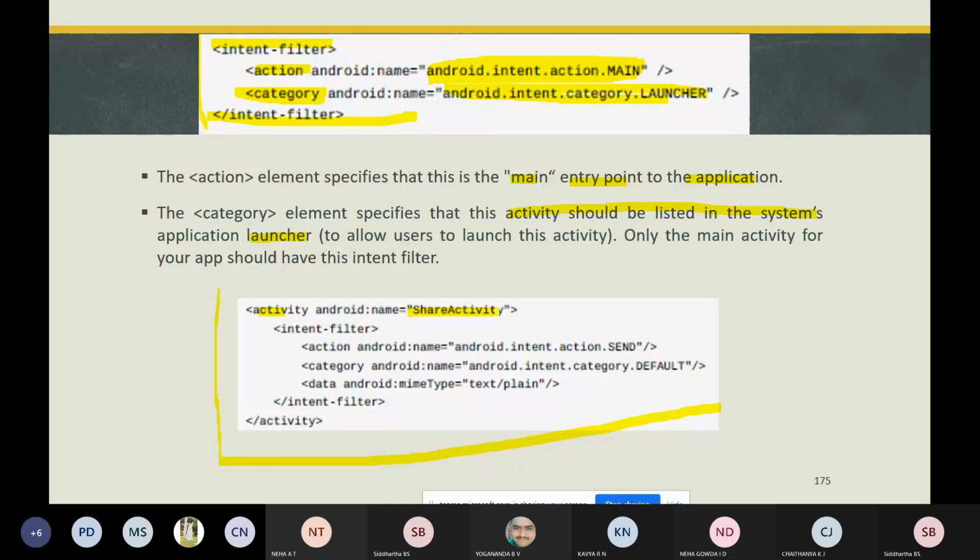Within that we have specified the intent filter, and within the intent filter we have specified the action field, category field and data field. In the action field we are going to send the request. Next, the category we are specifying as default, and the data type may be text or plain. The Android system tests the implicit intents against these intent filters